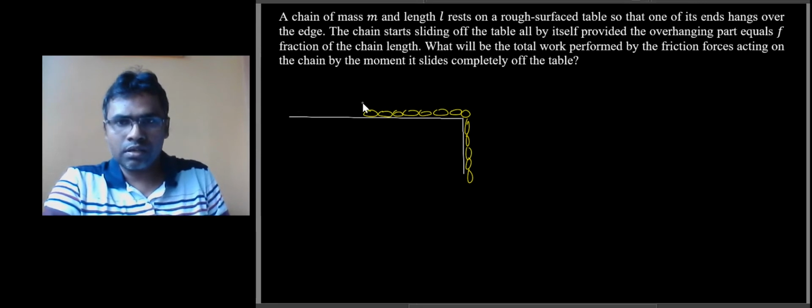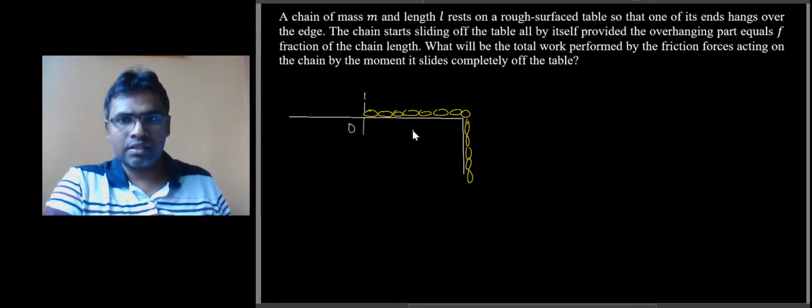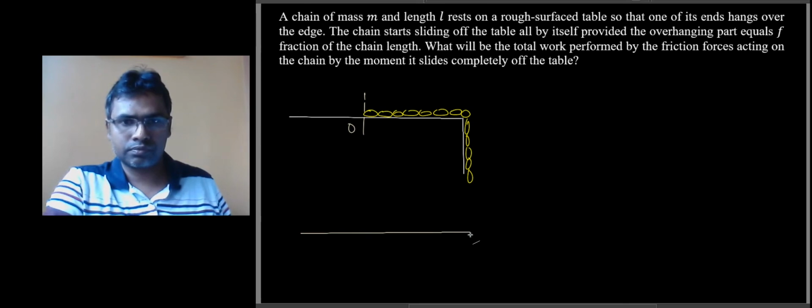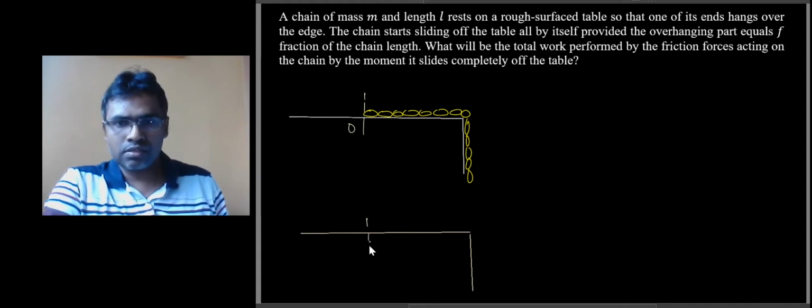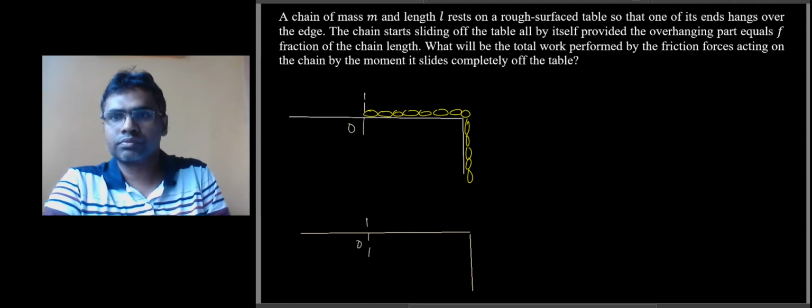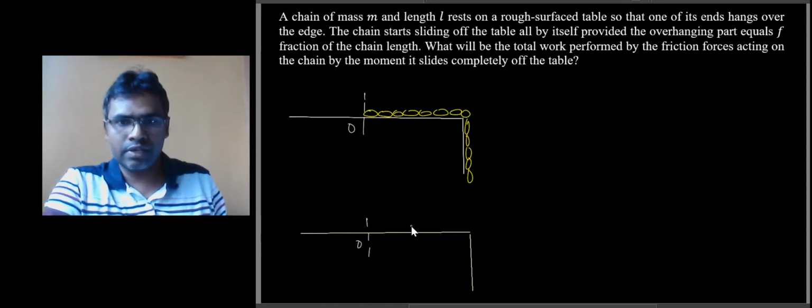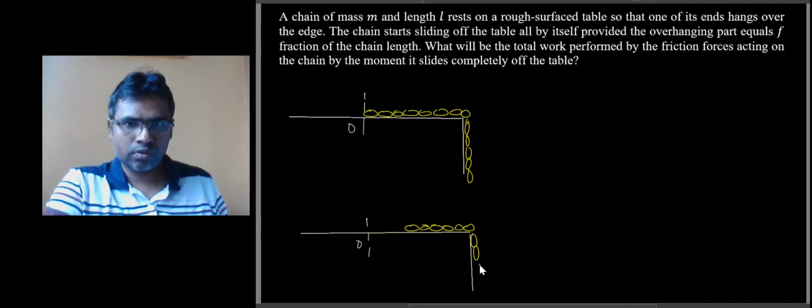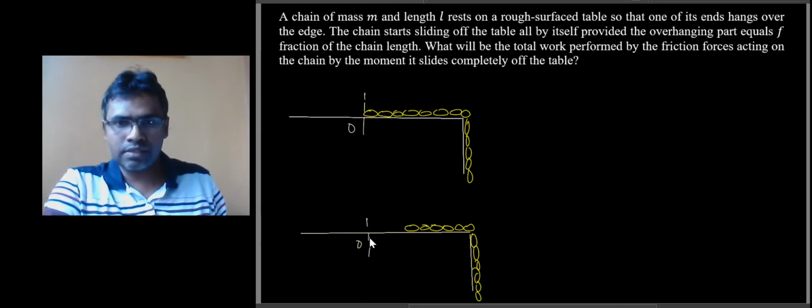Imagine we are taking the left edge of the chain as the origin, and then let the chain slide off a distance x. So if I look at the diagram here, we are taking this as the origin. So if we let the chain slide by distance x, again you'll have to pardon my diagram. The length here will also go down x here. So if this is x,